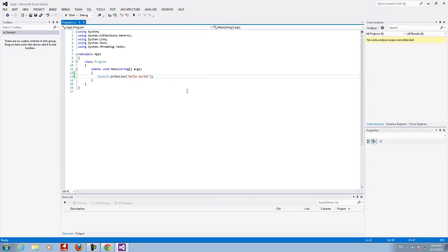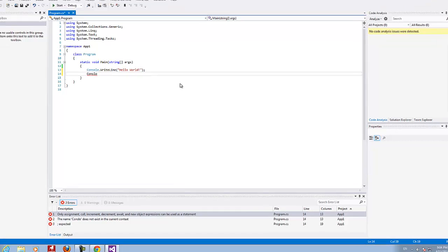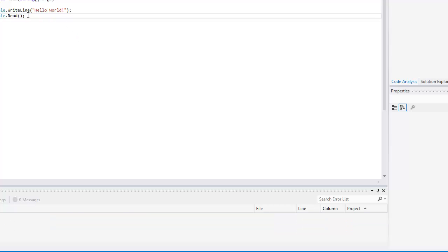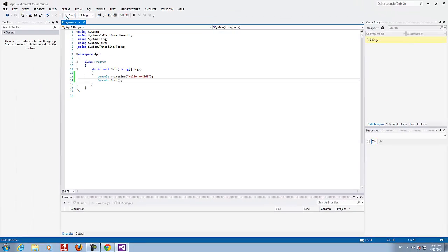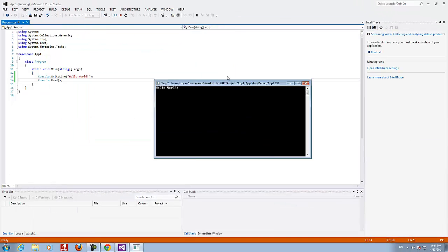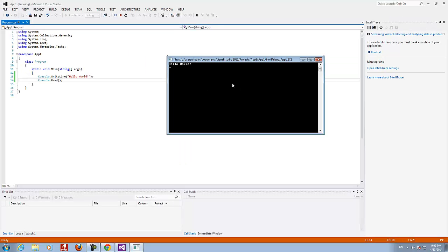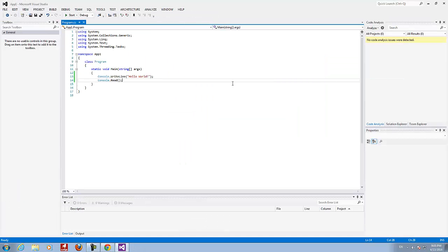As you can see, it has been executed and after that closed. So I'm gonna use again console read, just to make my program wait for me to press a key on the keyboard. Start and hello world. Probably you see it. Okay, so now I'm gonna hit enter.